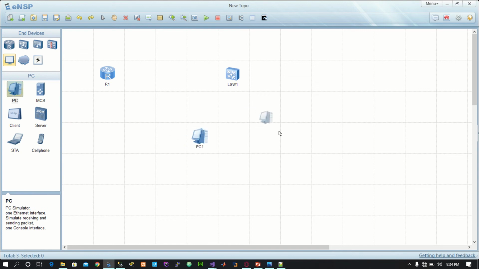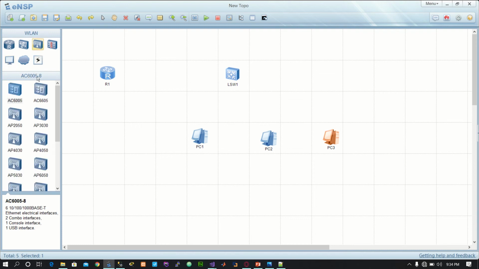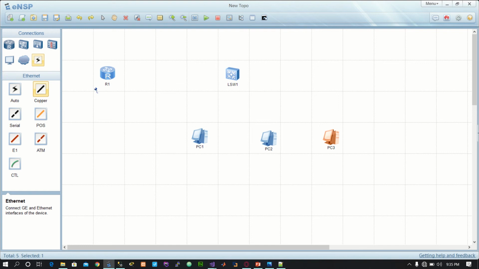So you just drag and drop your client PCs. So we drag and drop about 3 different client PCs. Then now we establish a connection between these devices. So as usual, we pick our copper